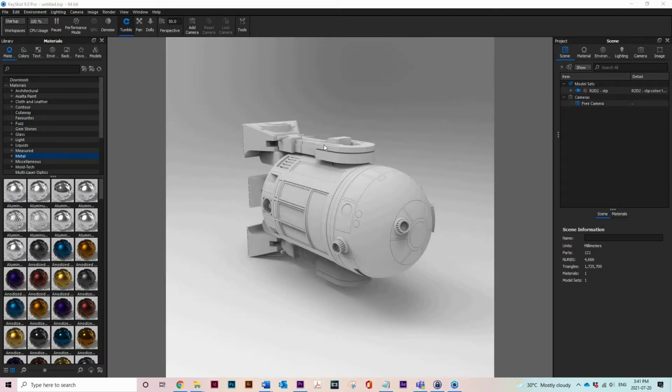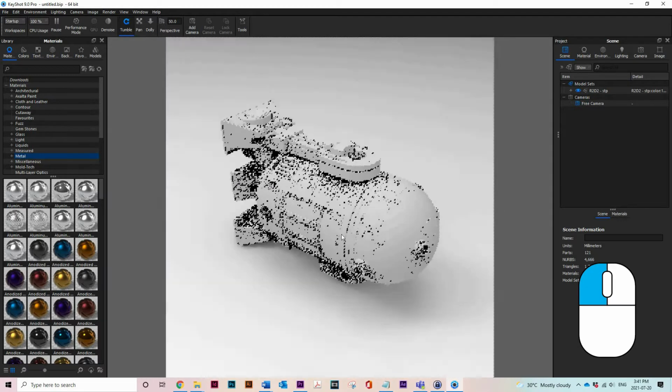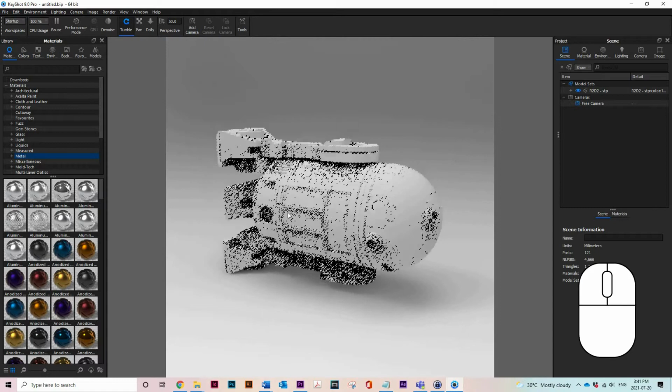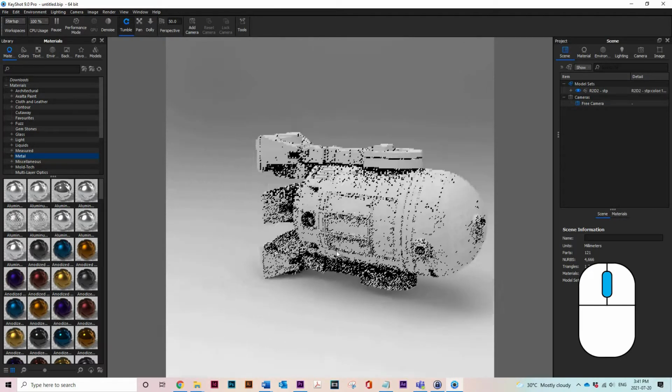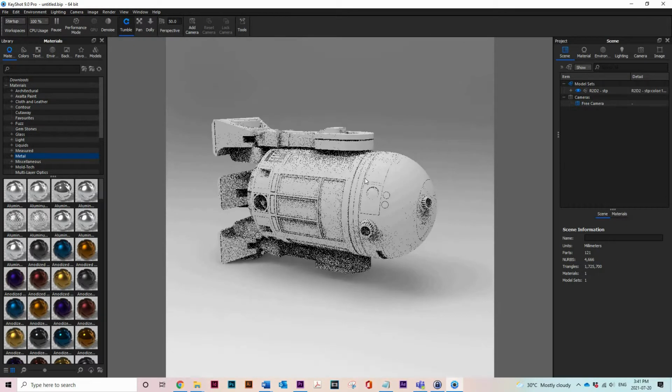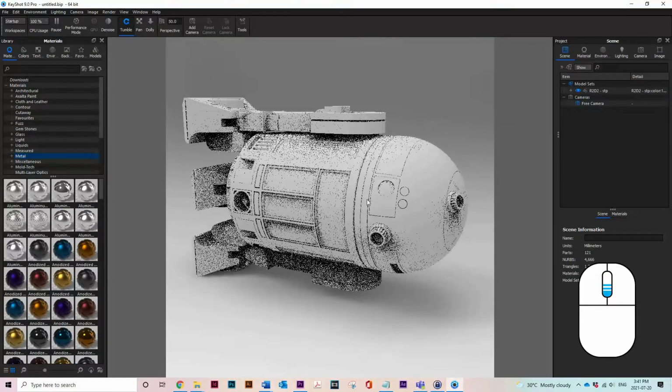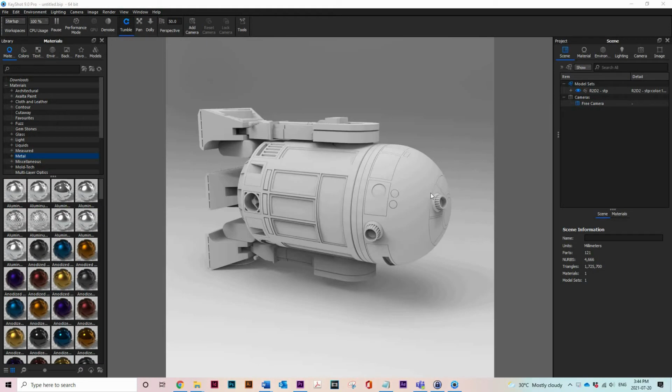Okay, so if you hold down the left mouse button, you can rotate the view. If you hold down the center roller button, you can move the view around. And if you roll the mouse roller, you can zoom in and out. Okay, let's fix this. You can see the parts of the model listed on the right-hand side in the project